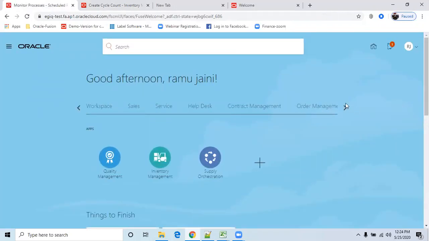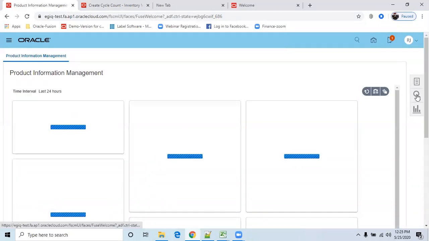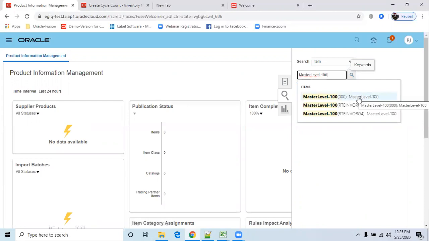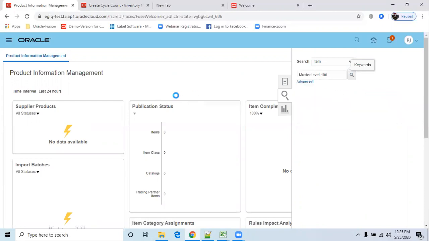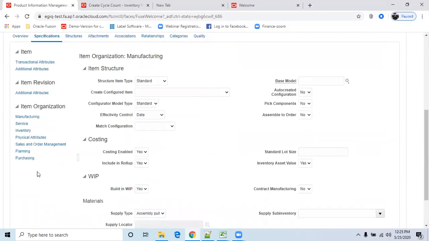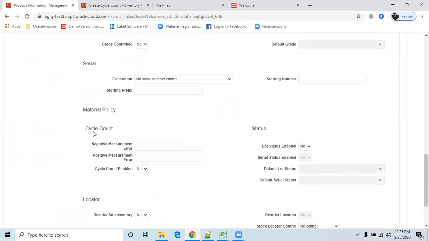Let me check whether the counting method has been enabled or not. Go to product management, product information, master level. Go to specifications, go to inventory. See, counting we have, cycle count.